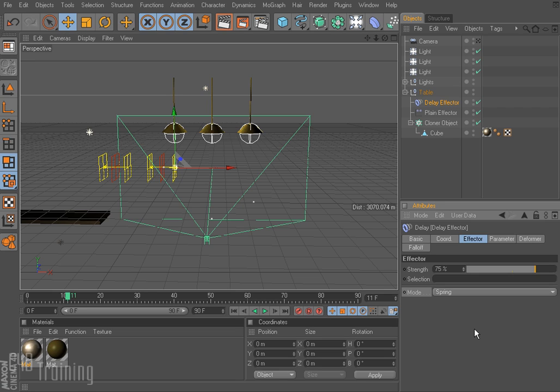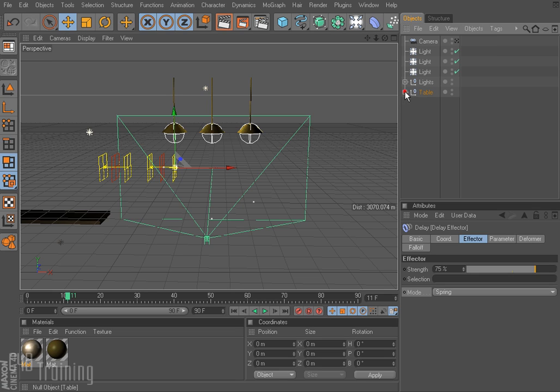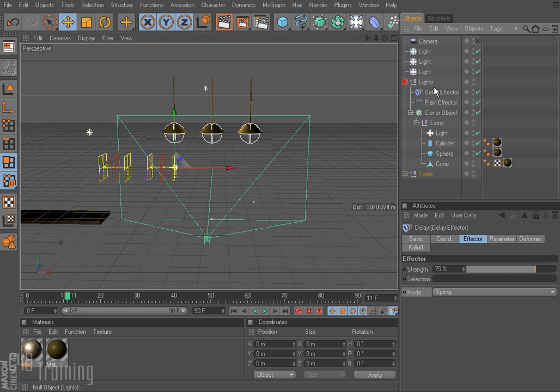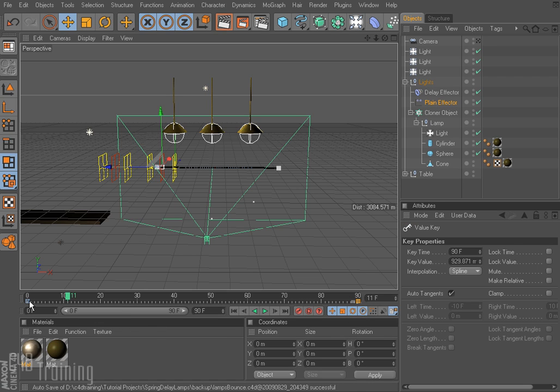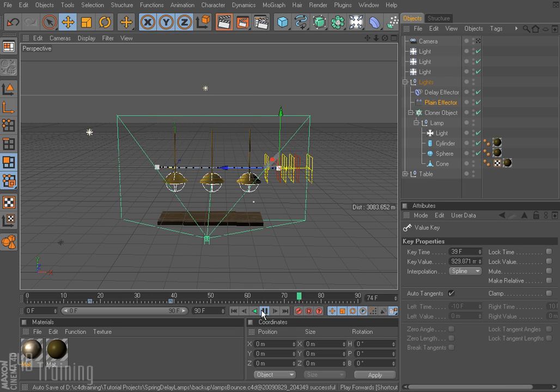We definitely want the table to come in first, so that's working out right now. So we're going to look at the lights, and we're going to look at our effector here. And so our keyframes are here at the end and here at the beginning. So I'm going to drag this guy down here a little bit so he comes in a little bit later. And I want it to happen faster, so I'm going to kind of scrunch them together a little bit. So go ahead and rewind, and there we go. Table taking a little bit